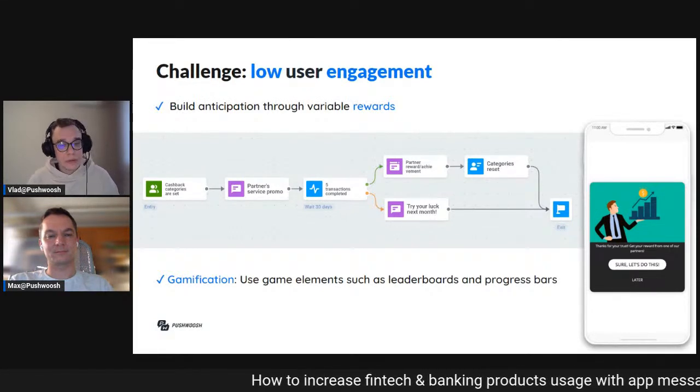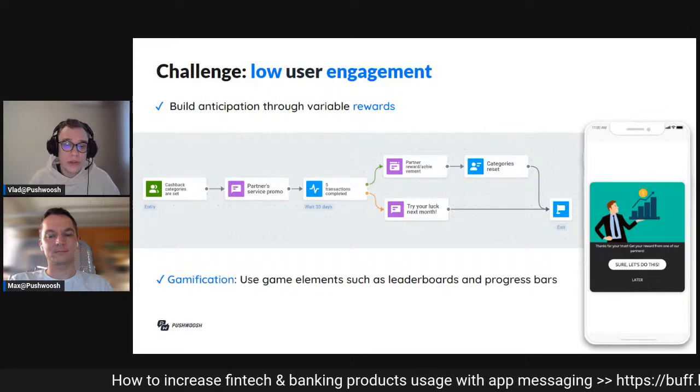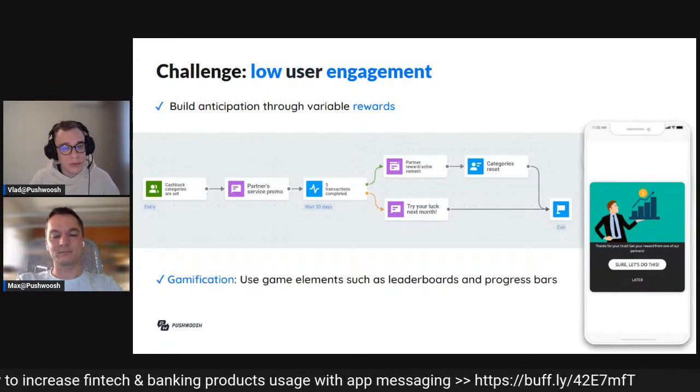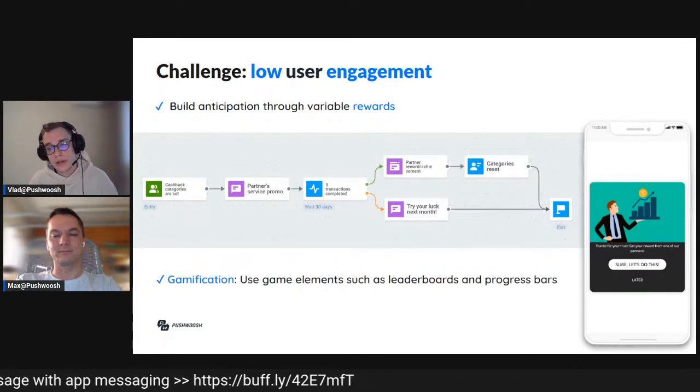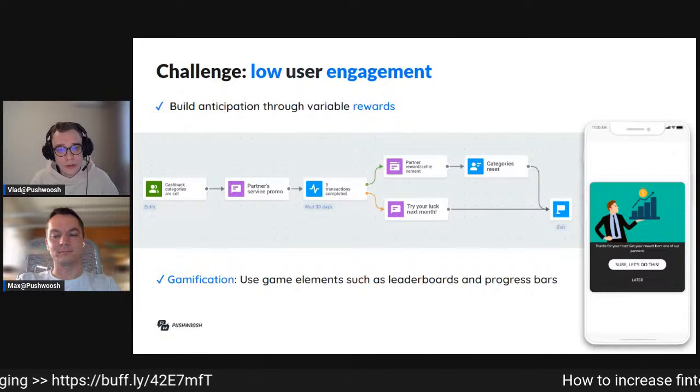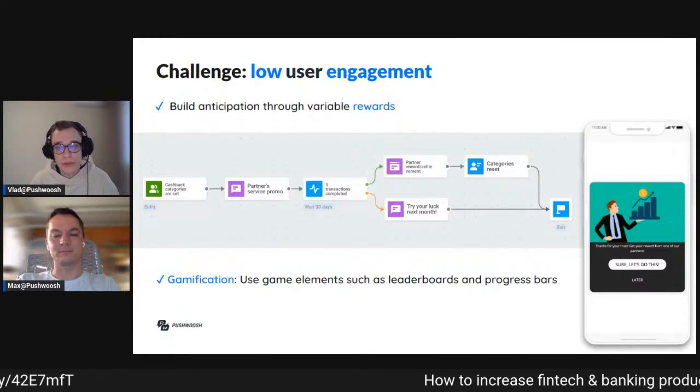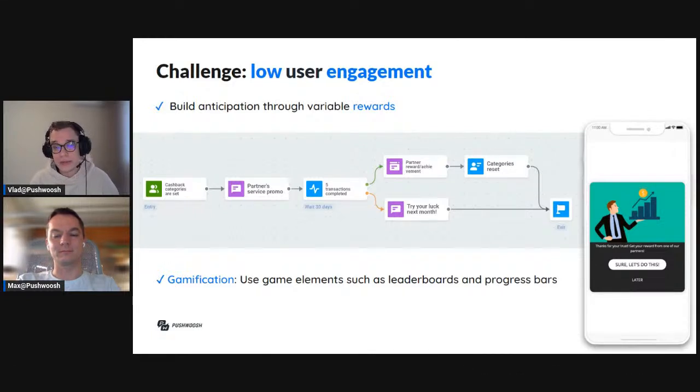Regarding the examples of gamification that you can use inside the application, there are some cases of using leaderboards and progress bars inside the application. That may be done by either creating some backend logic on your application or using in-apps, which is actually a great option. Because in-apps in Pushwoosh are like an HTML page with some kind of logic in there, so you can add some buttons and add pictures and actually import some JavaScript there in order to tag your users based on the answers they provide inside this in-app message.